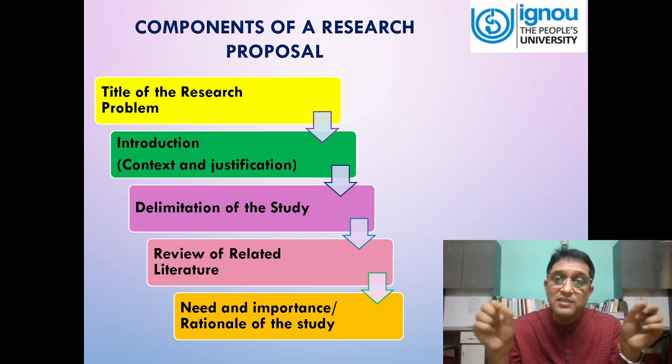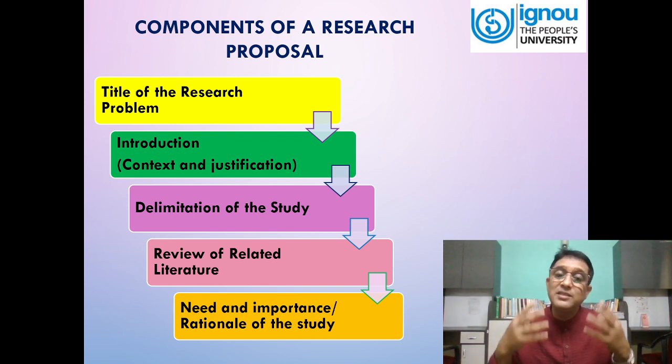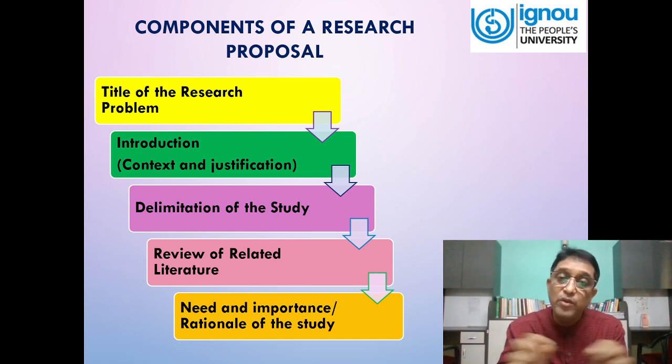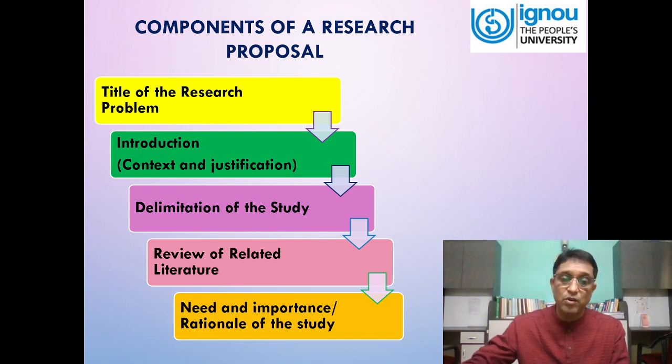So when you analyze the review of related literature, the research work that has already been done, from that analysis you will see a gap. You will definitely find out a gap, that is, what has not been done. So your attempt, as a researcher, will be to bridge that gap. The main aim of analyzing the review of related literature is to find out the gap, and your research is supposed to fill that gap. There should be certain newness, certain innovativeness in your research. So this is another component.